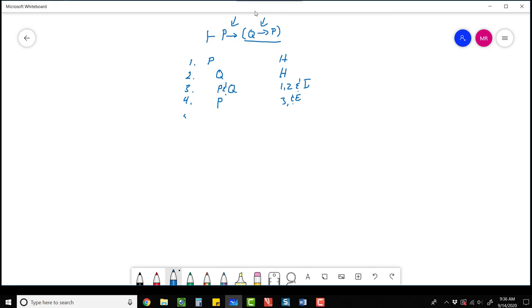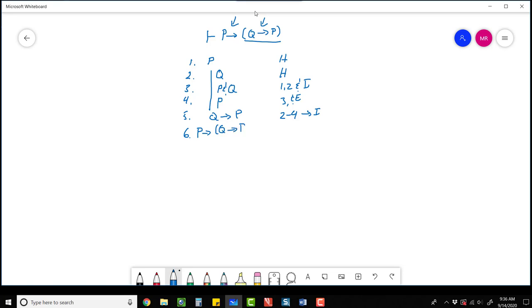Okay, so now what do we do? Well, we've just shown if Q then P. So now we can discharge the second hypothesis by writing if Q then P. And we always have to discharge in reverse order. Okay, so we discharge the last hypothesis first. So now we have Q, if Q then P by 2 through 4, conditional introduction. And then now we notice that our proof actually says if P, then if Q, then P. So now we can assert that,